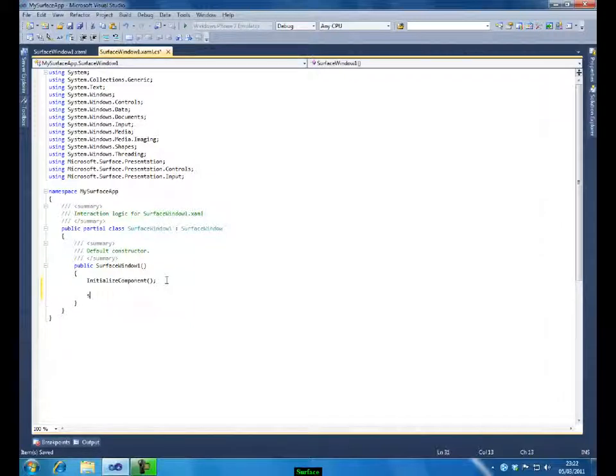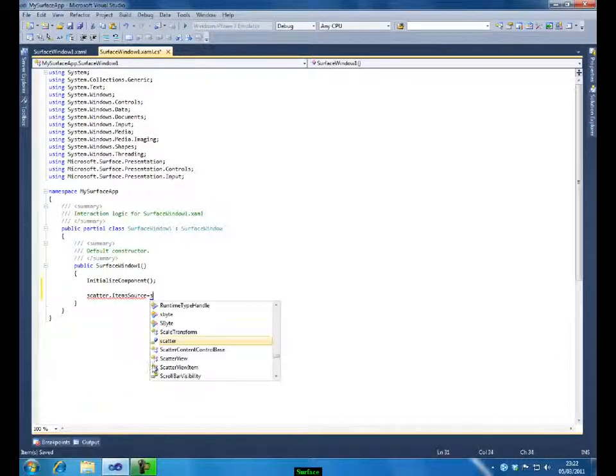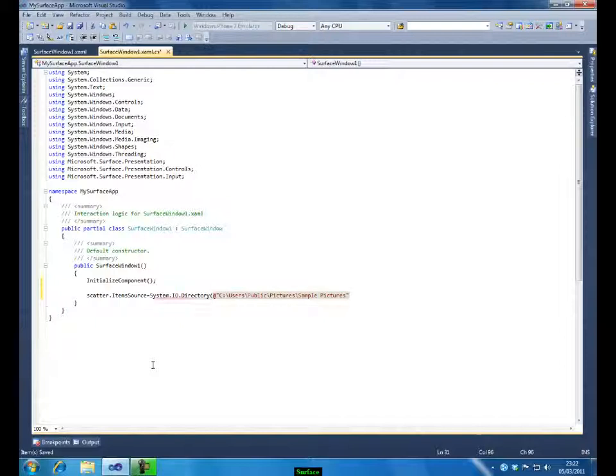For that, I'll write this code: scatter dot item source equals system dot io dot directory of, let me give the path here, just pasted it, and I'll mention star.jpg as the filter so that the surface would display all the JPEG images.